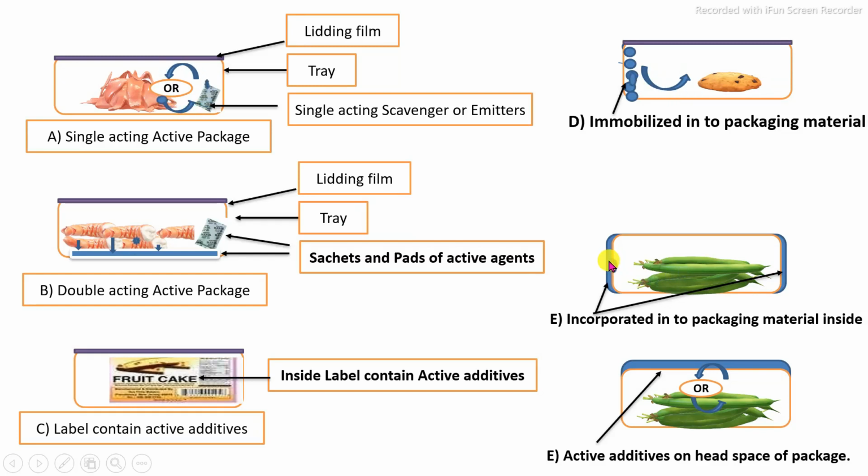These are then transferred from the internal packaging material into the food, and they act in a specific role. Maybe at the head space, maybe incorporated into the bottle cap crown, they act as an active packaging system. These are the main systems used in active packaging, maybe single, maybe dual, or as per a specific product requirement, for internal quality control in this way.